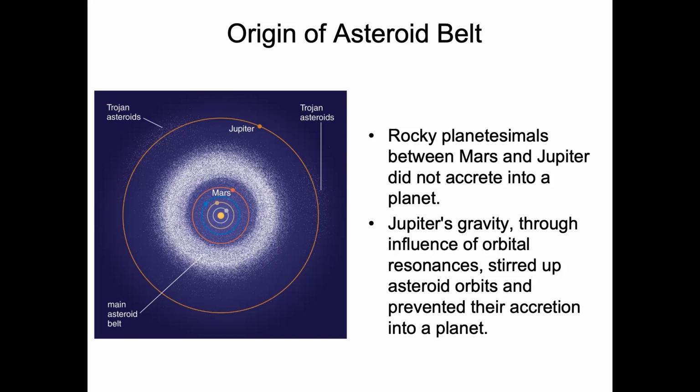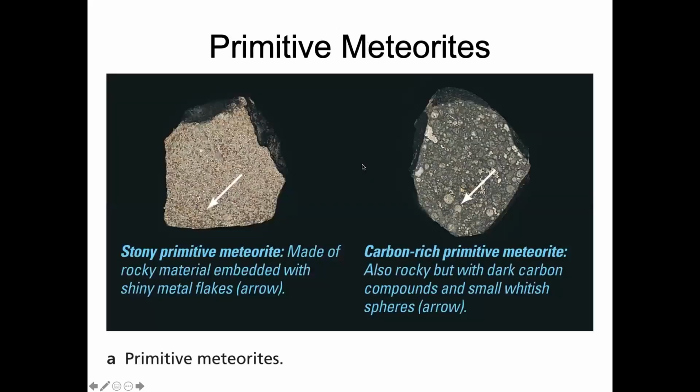But if a meteoroid makes its way all the way to Earth's surface and there is something left over, whatever has made its way all the way down is called a meteorite. The meteorite is the leftover. It's the relics that we have in our museums, the remnants of these meteoroids. And so there are two kinds of meteorites that we talk about. We have primitive meteorites, right? Like you can see here, there are some simple rocks and metals.